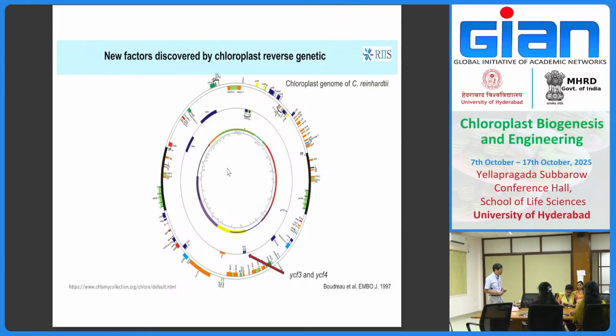The assembly of subunit proteins of photosystem 1. Okay, how these complicated complexes are synthesized, and how many components are assembled into a functional structure. So